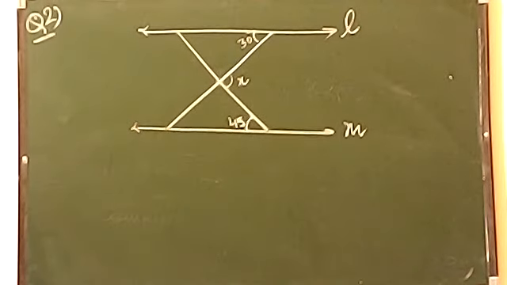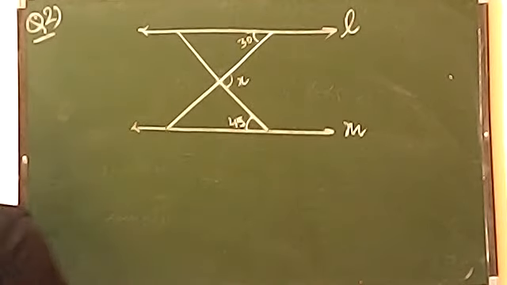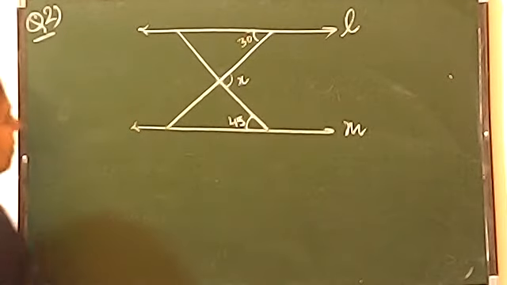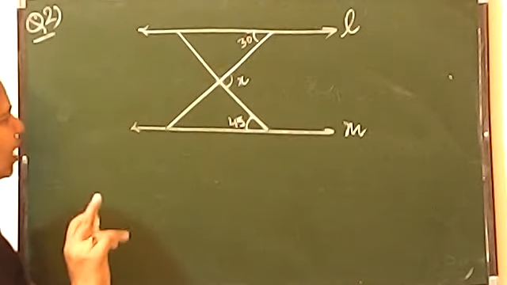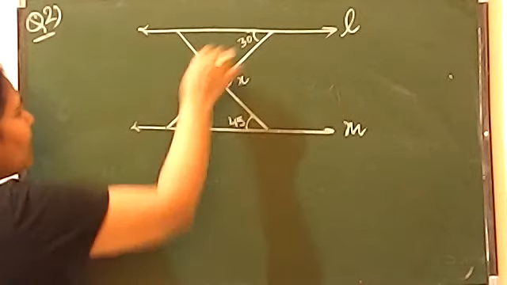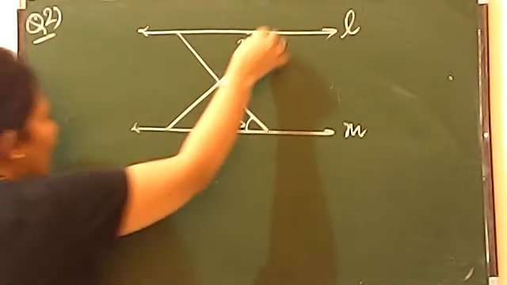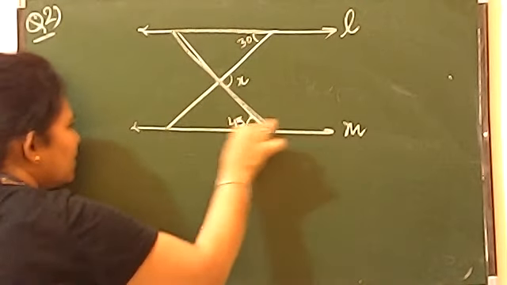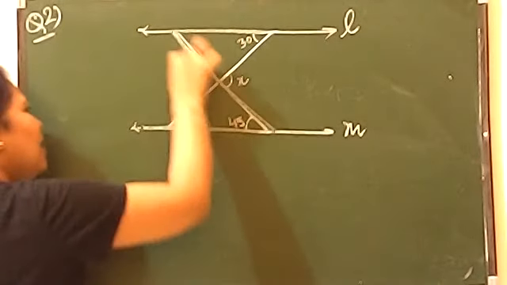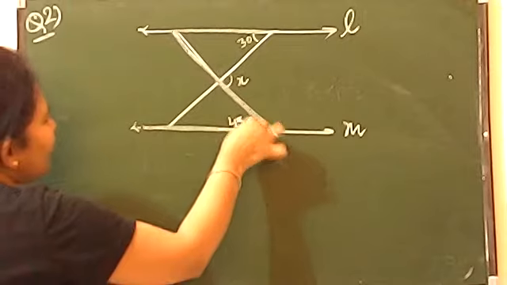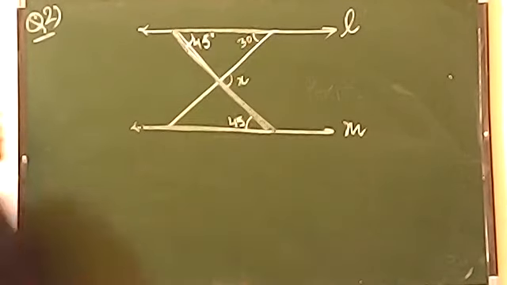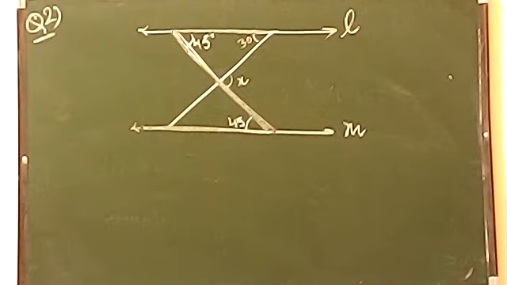Now we are on question number 2 of more challenging. It is telling here you have to find out the value of x. This is again a very simple question. आपको बस में logic use करना है. You can see here that these two lines are parallel, and if it is parallel, you can see the shape of z. See this. You can see the shape of z, and according to z, if this is 45, this will also be 45. Why 45 beta? Because of alternate angle. So आपको मिल गया 45.